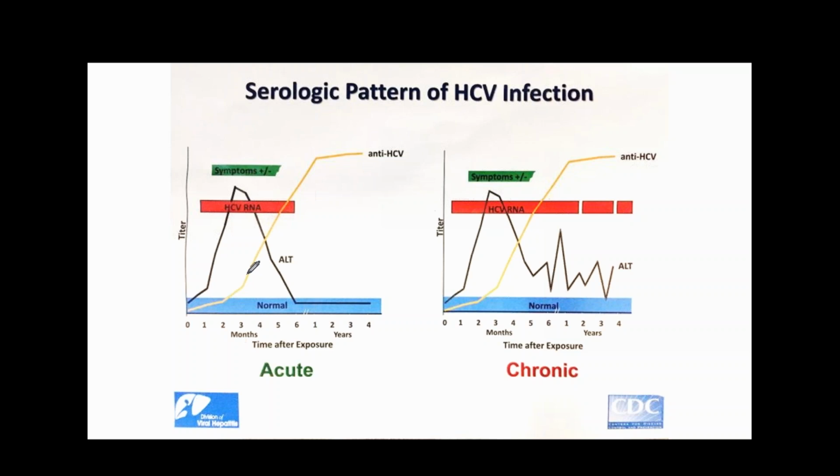Conversely, all infected persons will present with antibodies 6 months after exposure and remain positive generally for life. So this is what is happening here. HCV RNA NATs can be detected as early as 1 to 2 weeks, so very early here, after exposure. Now, for those who resolve infection, the ALT returns to normal and RNA disappears. So that's over here, as the anti-HCV rises.